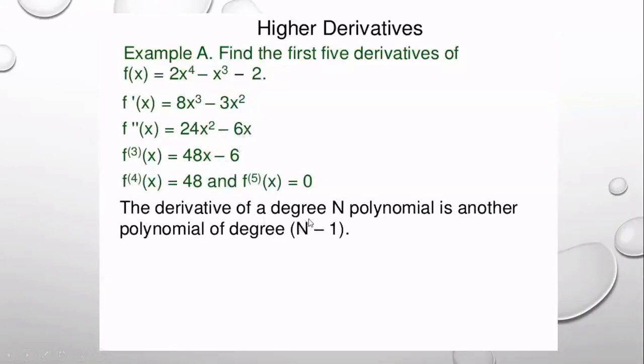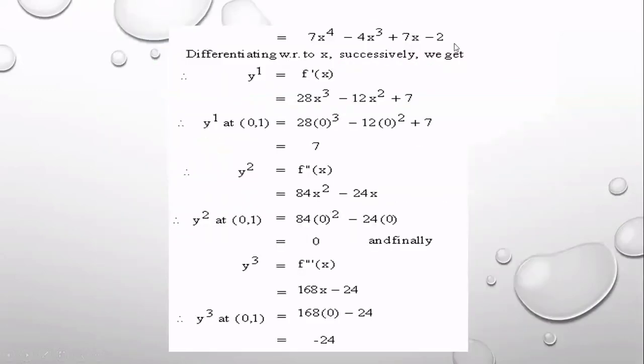So likewise, here you see, this is the primary function. First derivative, y1, y2, y3, y4 also okay. That's also f1, f2, f3, f4, okay. dy over dx, d square y over dx square, d cube y over dx cube, d to the power 4 y over dx to the power 4. These are the notation used for the higher derivative.